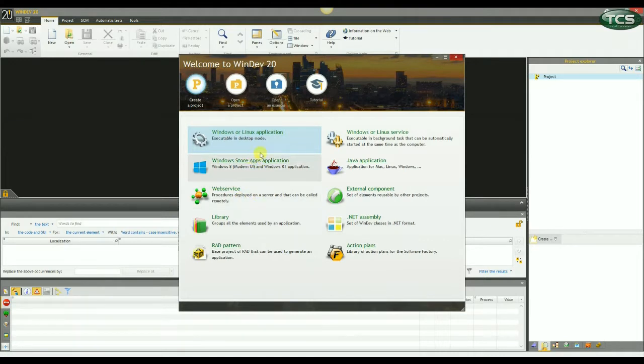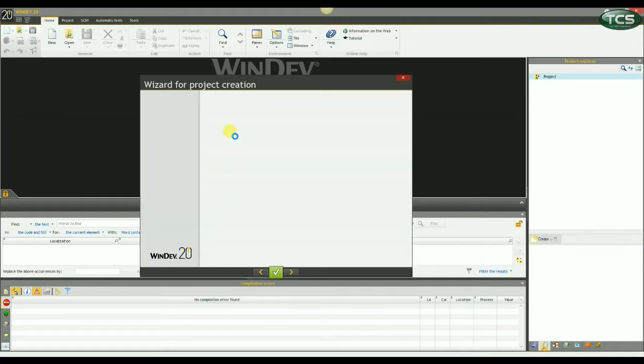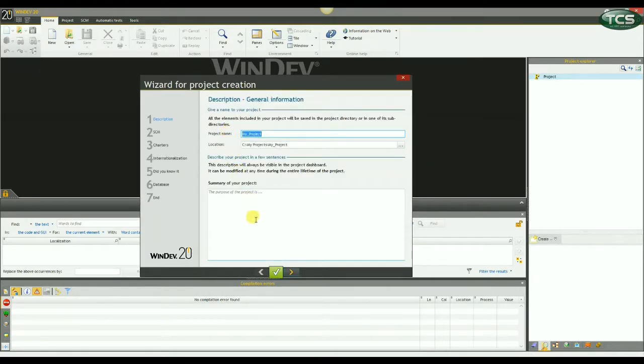From here you can select what type of project you want. It can be a Windows Linux application, which is what we're going to choose, or a web service, Windows Store application, external component, whatever. But this tutorial is going to be about a Windows application, so just go ahead and click Windows or Linux application. That's going to launch the wizard to